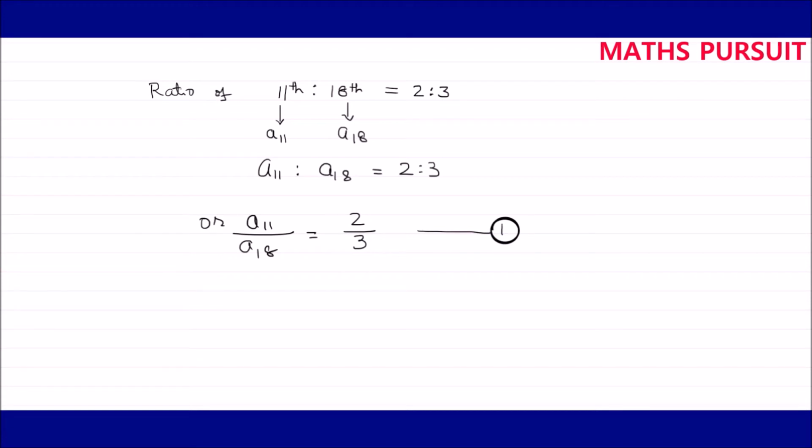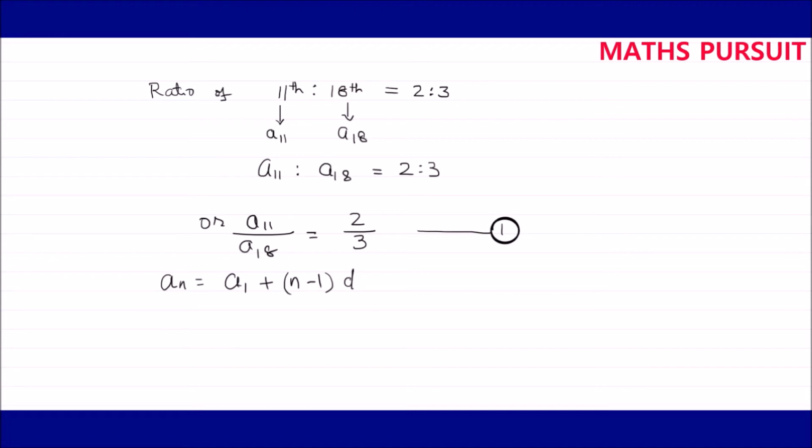Now guys, let's see. Our main aim is to find the ratio of the sum of first 5 terms to the sum of its first 10 terms. So we are going to find out the ratio. We very well know the popular formula for arithmetic progression as An is equal to A1 plus (n minus 1) into d. We are very well familiar with this formula of arithmetic progression.